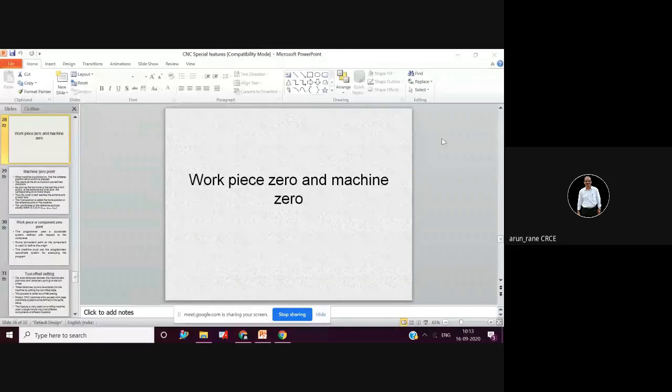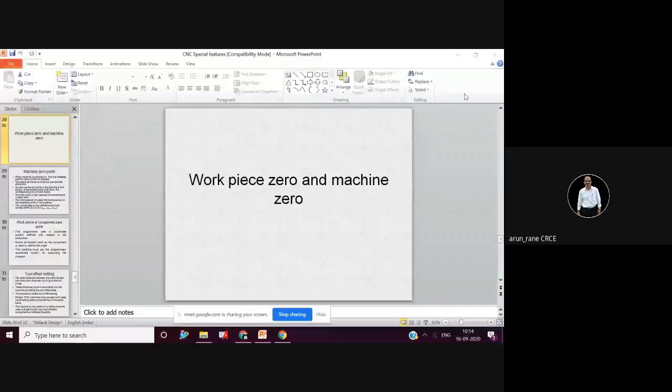Same procedure, but here we are not using a touch probe or edge finder. Here what we do, we call the tool, let's say tool 01, and say it is a drill. And we touch that tool to the face of the workpiece. Then whatever reading we get, we type in the tool offset library of that respective tool. So we first call tool number one, let us say it is a drill having length 50 mm. Then we touch that. How do you do the touching? We bring it very close, and then we use the hand wheel, and slowly bring the tool down and touch.